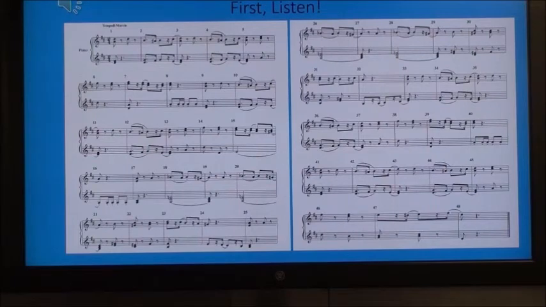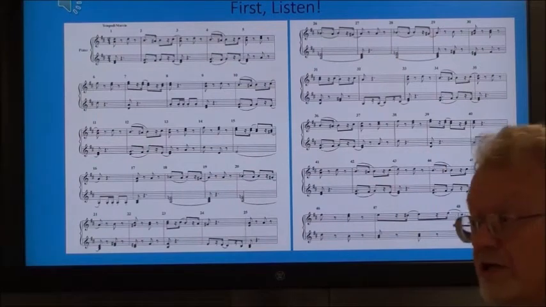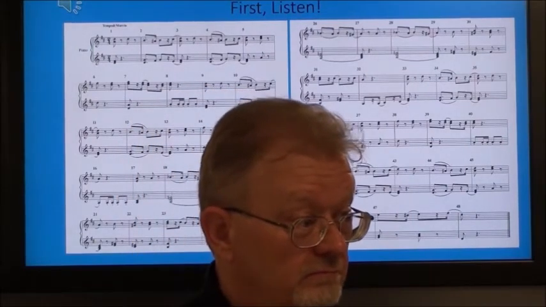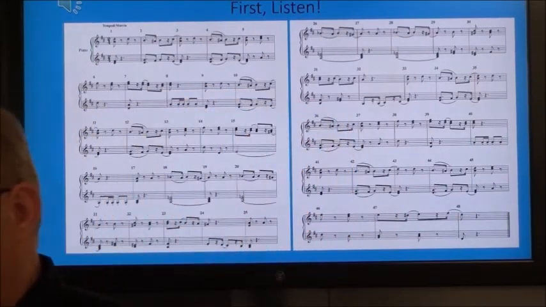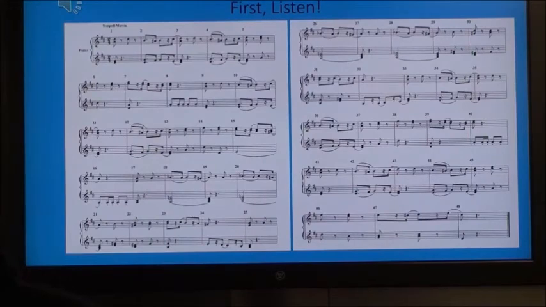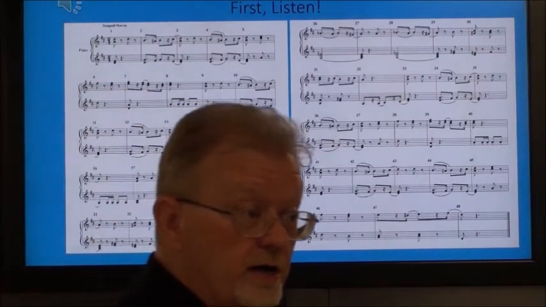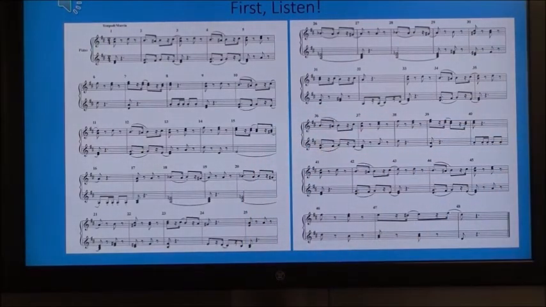It ends in A. So the goal of the section is A. A is the dominant. So that's where it's headed. So you could say the B section is in the dominant. And I'm talking in the most general terms, right? However, someone correctly noticed that it starts off sounding like D minor.